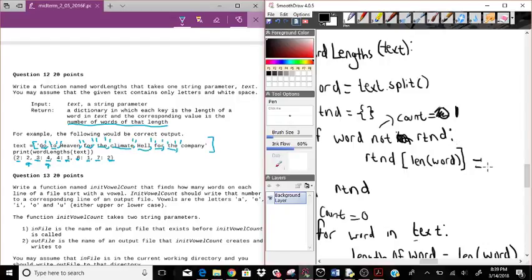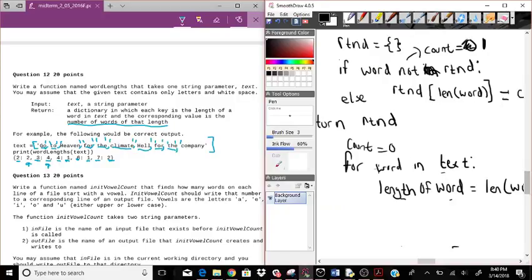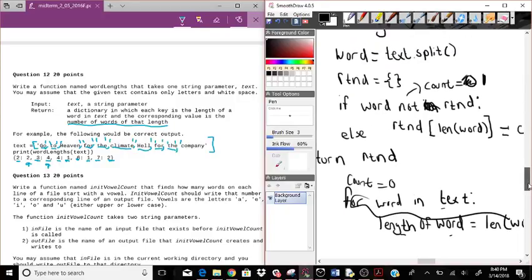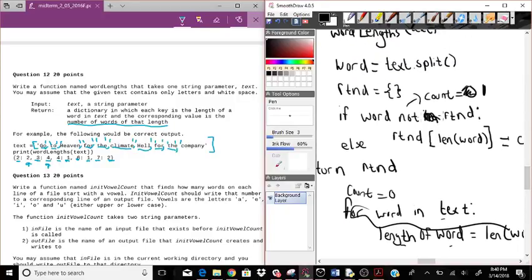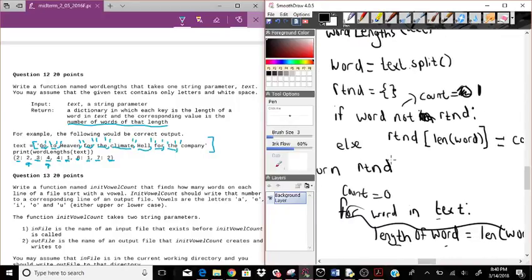I'm gonna do count is equal to count. Okay? Forget about this. Else, if word is not in RTN, count is equal to 1. Else, I'm gonna say RTN